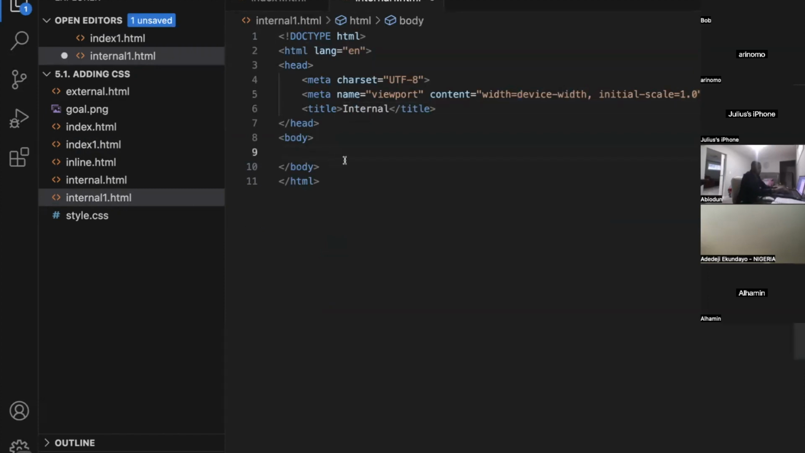Let's say we have several items here. Let's say we have an H1 tag or an H1 element that says my very earth